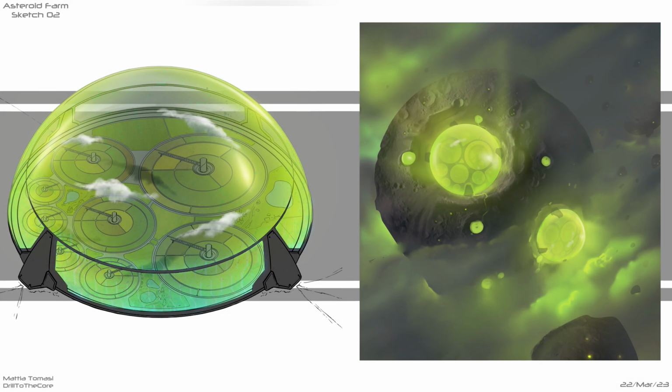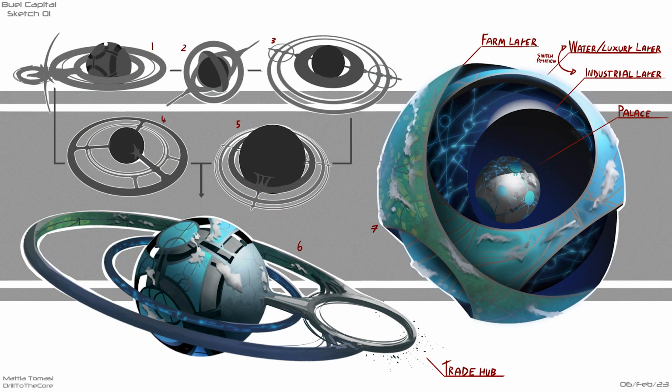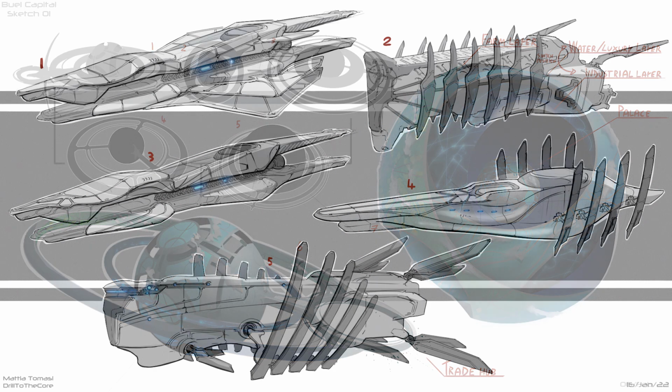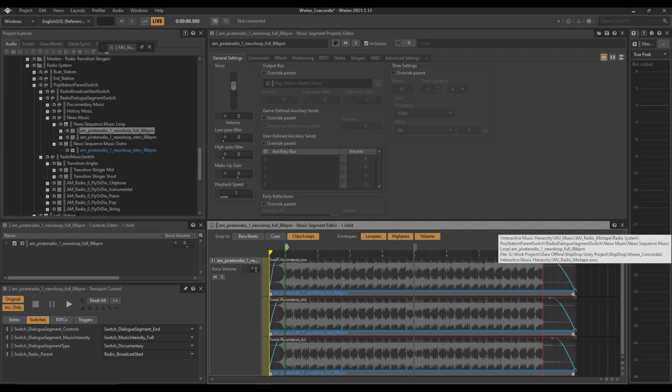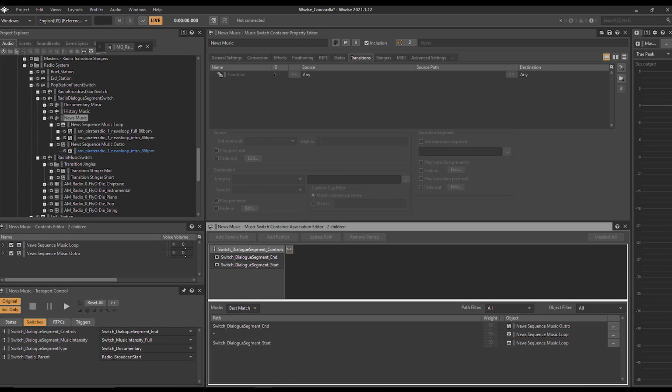This station also features periodic news bulletins which are generated at runtime and can be of indeterminate length. So I created a system that is able to loop music for as long as required until the bulletin ends. The music consists of 3 different intensities that are seamlessly switchable, as well as an ending transition when the news finishes.